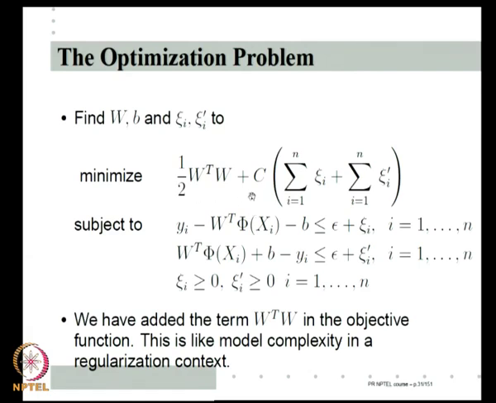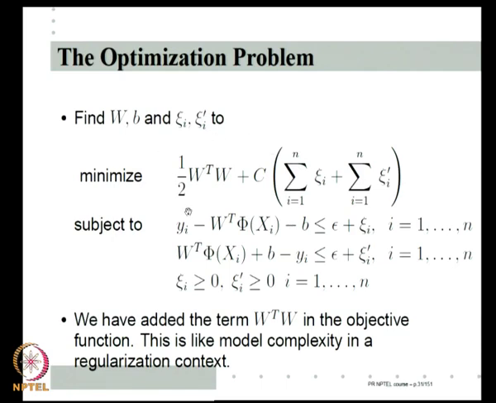We have already seen in linear least squares regression that we may want to put in a regularization term, so that we learn a smooth model instead of completely putting all our attention on minimizing the data error, that is minimizing the empirical risk. If we only minimize the empirical risk, we may not learn as nice a function as if we also pay a little attention to the complexity of the model. There also we mentioned that an often used model complexity term for linear models is the norm of w. So, the same norm of w we are using here as a regularization term.